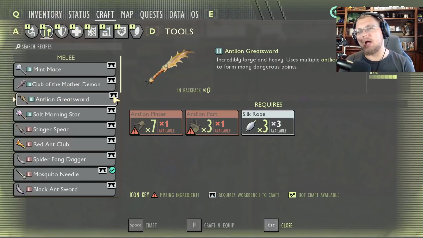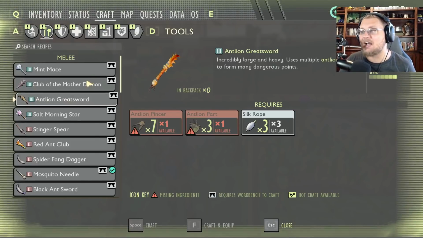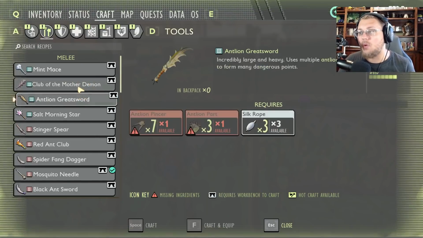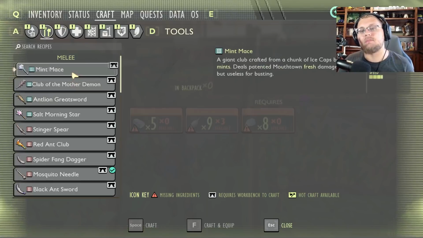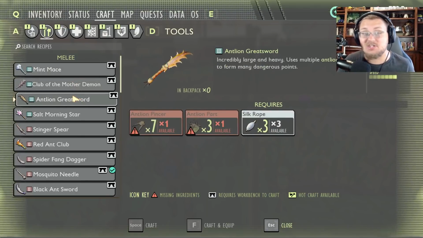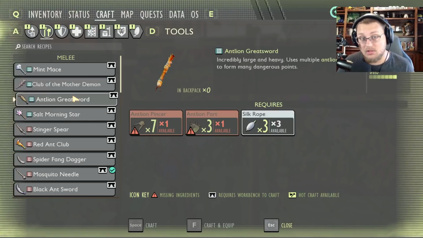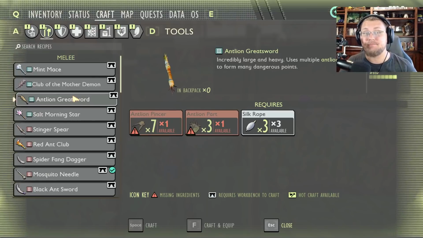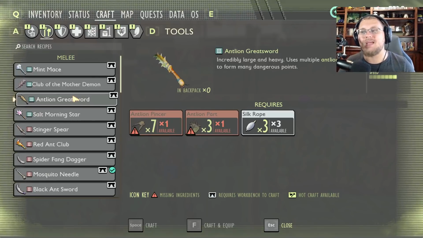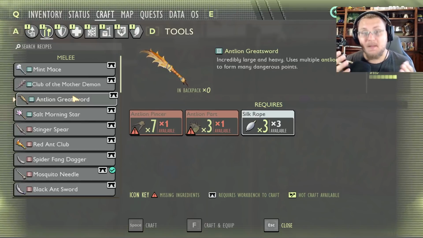The last point of why I want to point out that this is the best weapon to fight the Broodmother is because the speed is actually a little bit better. In fact, it's quite a bit better than the Club of the Mother Demon or the Mint Mace, so it doesn't use as much stamina and the weapon does swing faster, thus making it that much more powerful for you in-game in order to craft, use, and fight with against the Broodmother. So that is why, in my opinion, the Antlion Greatsword upgraded with Spicy is by far the best weapon to